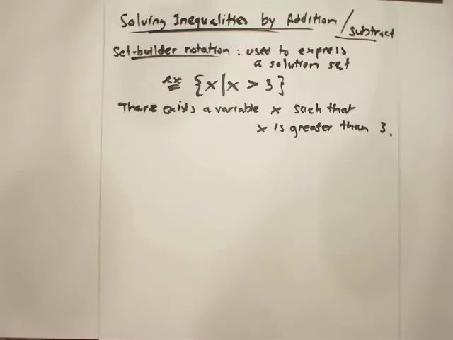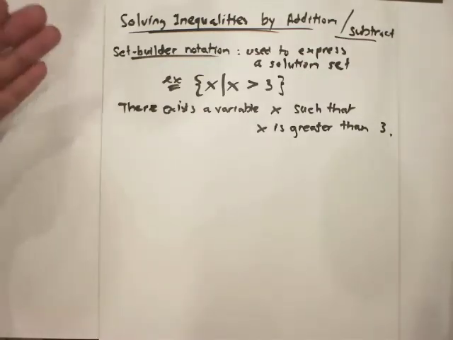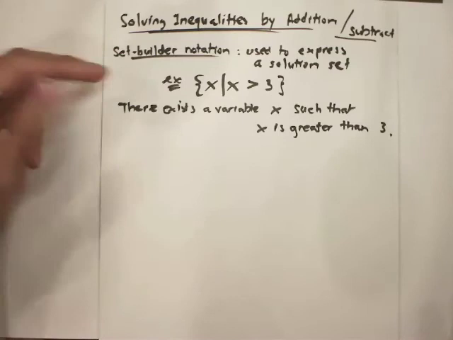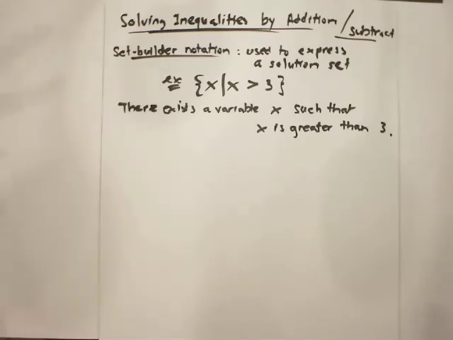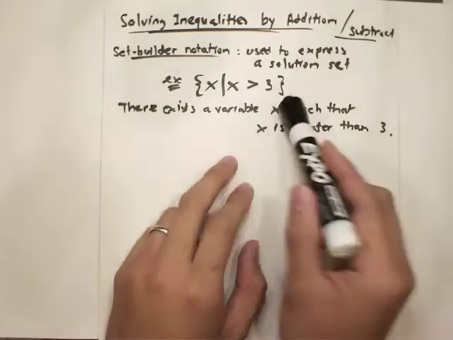Alright, I'm going to start 6.1 with solving inequalities by addition or subtraction. First thing I need you to know is to familiarize yourself with this notation, set builder notation, just a way for us to represent our solution set. Remember, this is an inequality. We don't just have one answer. We have multiple answers, more than one answer. So therefore, we need to have a clear way to express our answers, and this is how we represent a